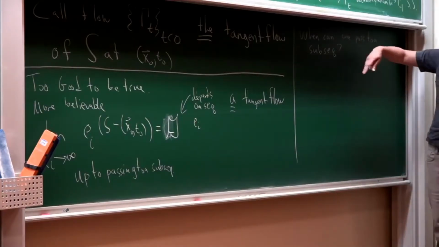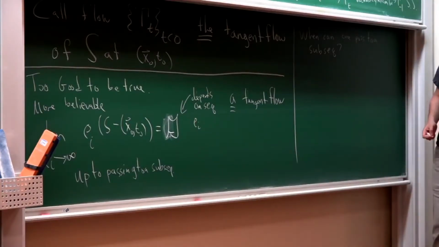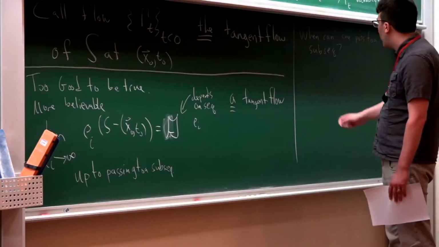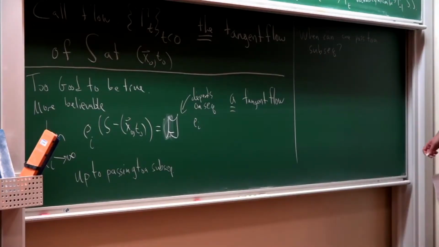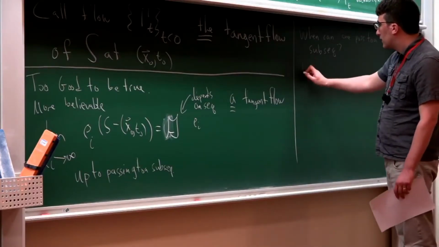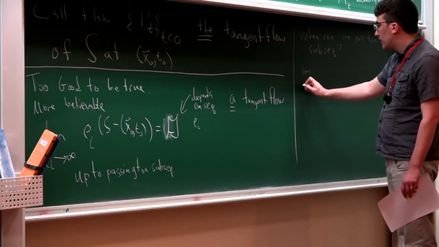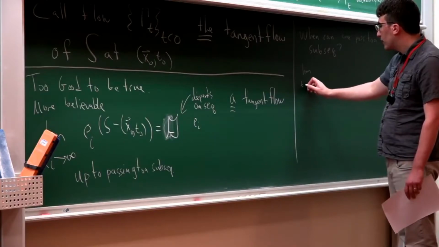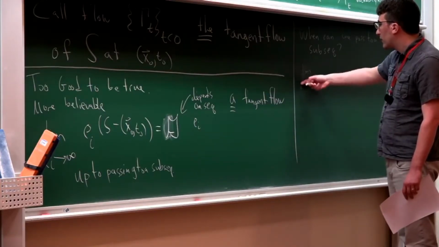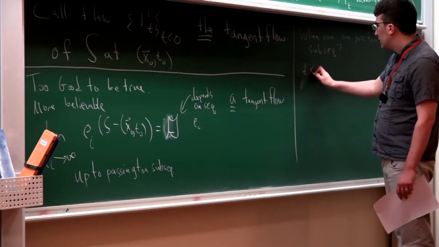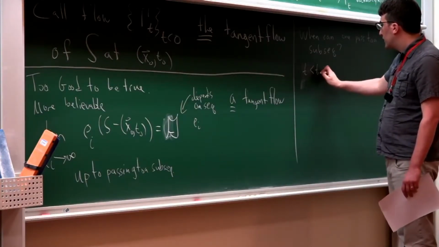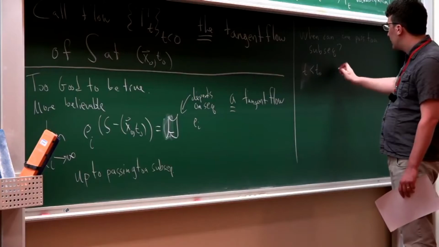The point is you're going to need some kind of compactness theorem to do this. And one thing you could do, for instance, and this is a traditional way to do that, is to assume that, for t less than t naught,